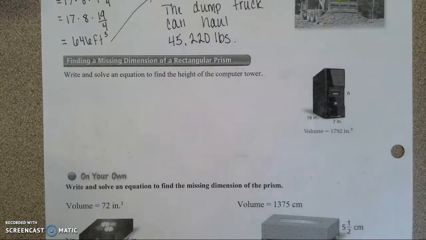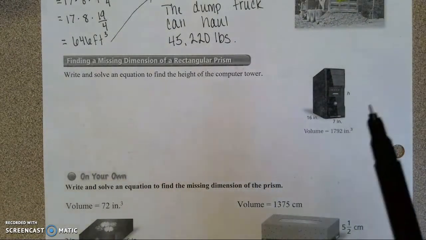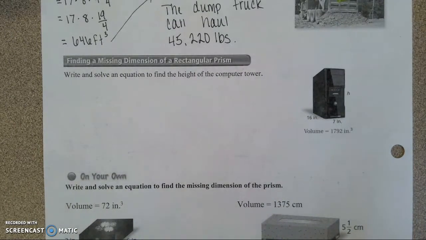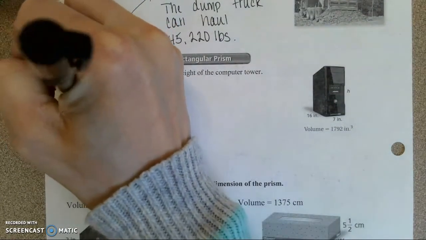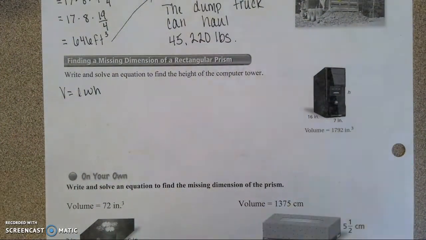We are going to combine what we did in Chapter 7 with equations to what we just have learned with volume. You do have one question like this on the homework, but what we are doing, we're going to write and solve an equation to find the height of the computer tower. So first things first, we're going to start with the formula. That's going to give us a starting point for our equation. So for volume, length times width times height,